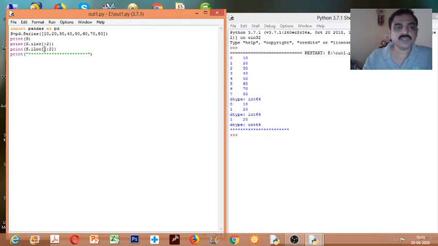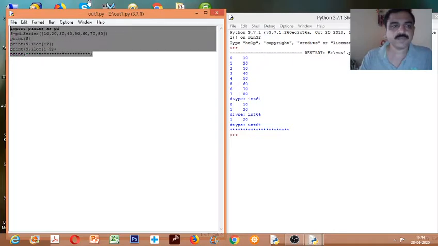Similarly in iloc, 1 colon 2 is written, that means we displayed only 1; 2 is not taken. So in loc we saw the upper limit is included, but here the upper limit is not included. In loc the upper limit is included, and in iloc it is not included. Here iloc is based on the index, the same method we follow in a list while slicing using the index.